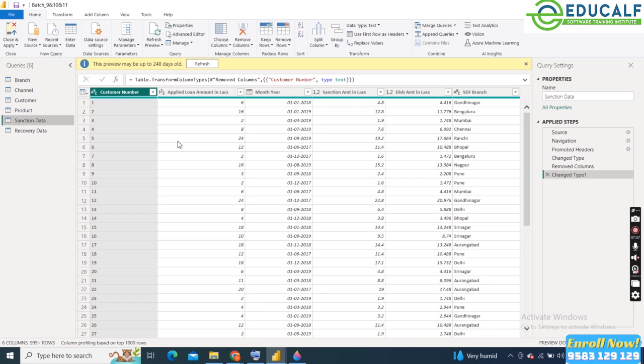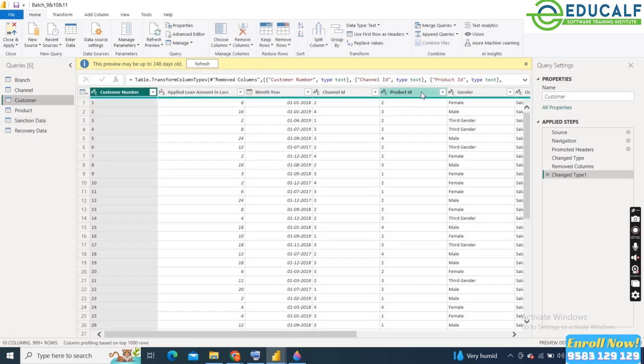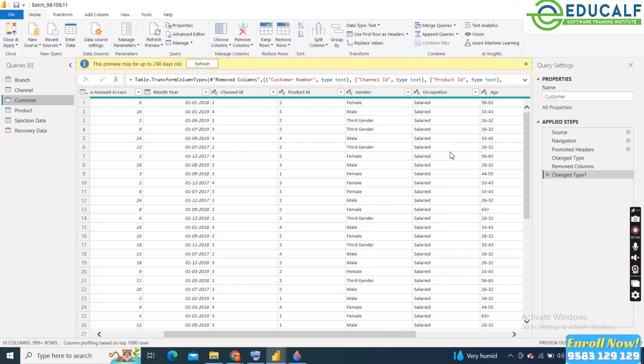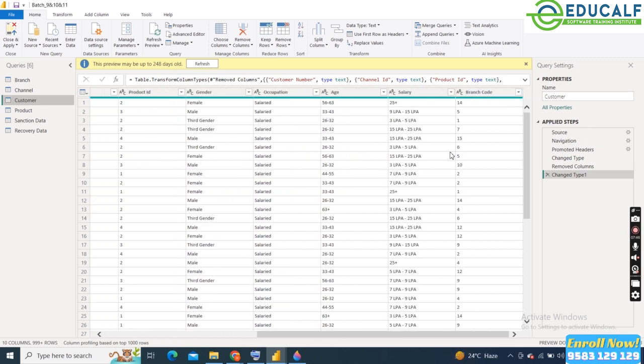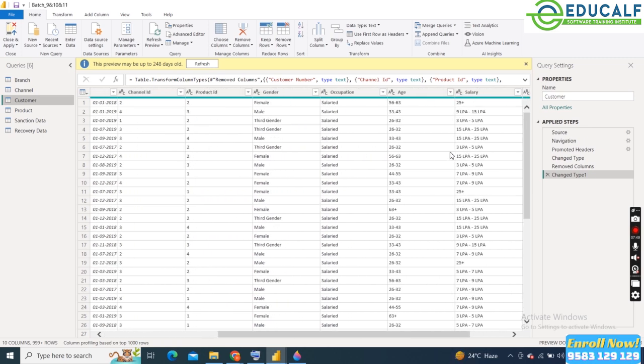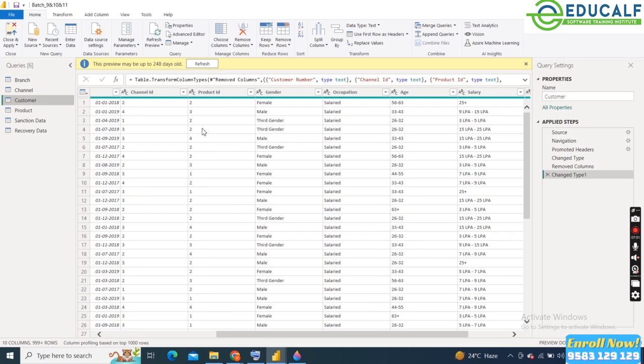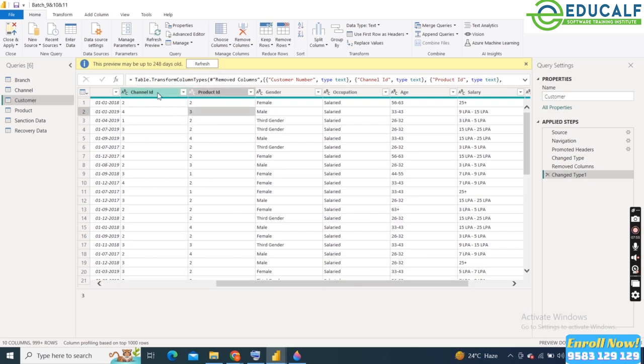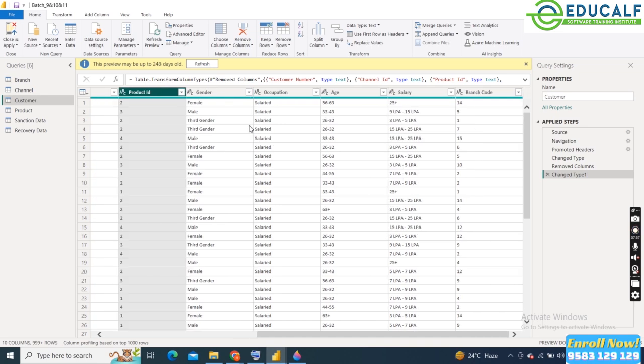If you observe the customer table, we have product ID, we have branch code, we have the channel ID as well, right? These three columns: channel ID,